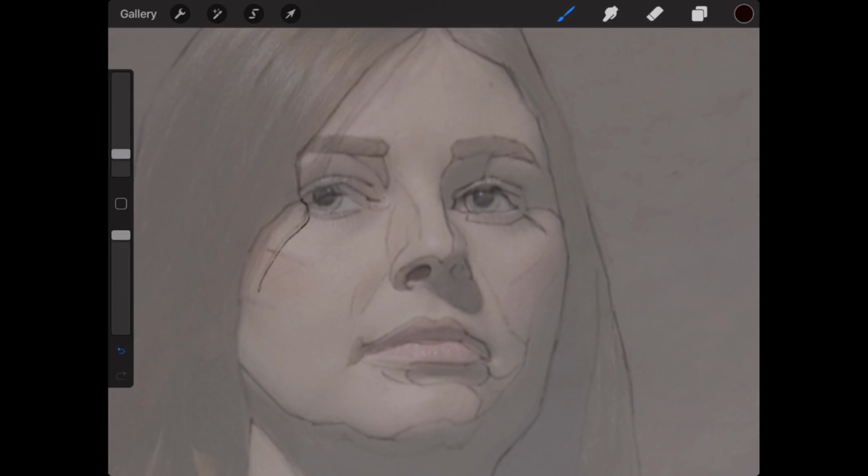Now I realize she does have this cast shadow in this photo reference very strongly across her eye there. The only reason you might not want to transfer that line is that when you start painting tonally, that line is going to jump out and it's going to be really hard to kind of paint over and cover. It might strike through the painting. So maybe you indicate it through the darker part of the eye, but it's more of a mental note for the future. You don't necessarily need to transfer it.